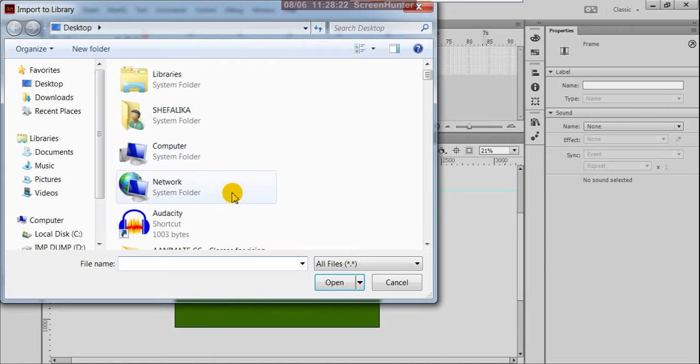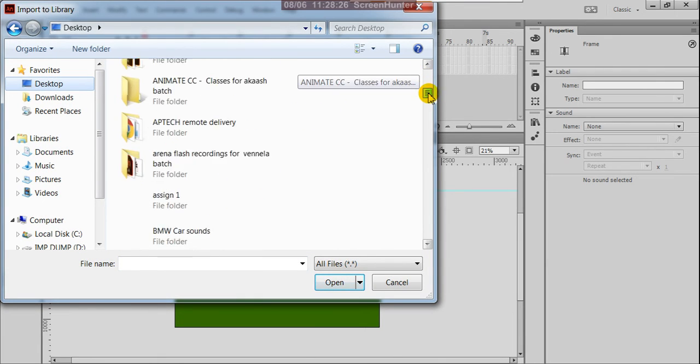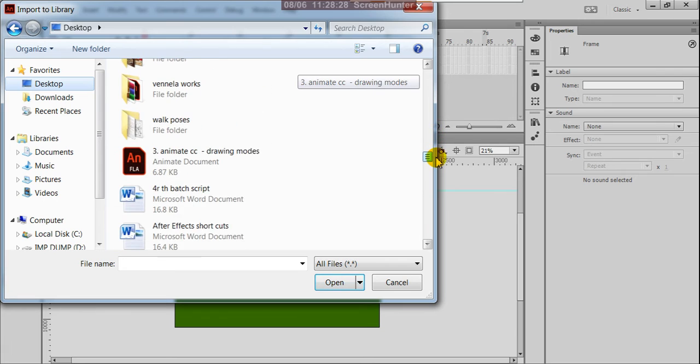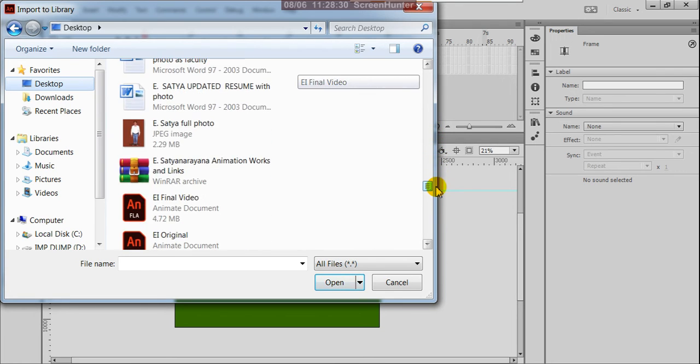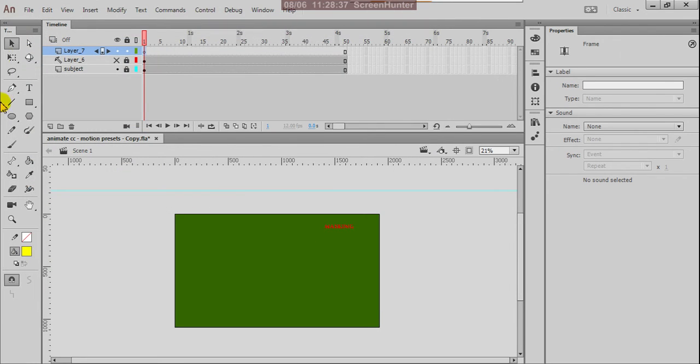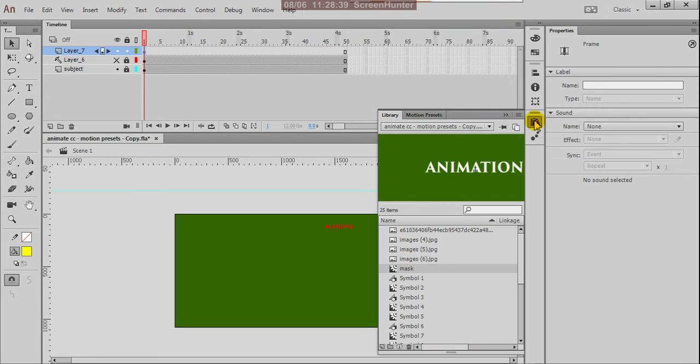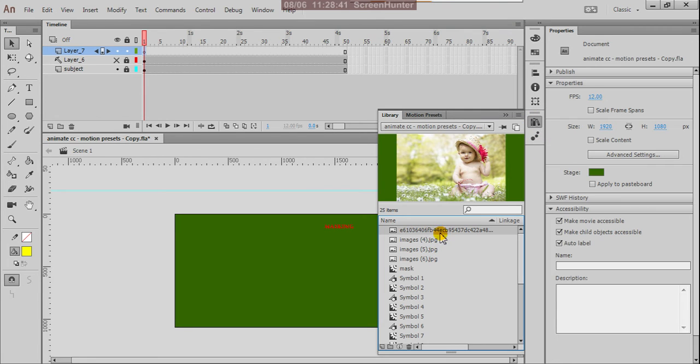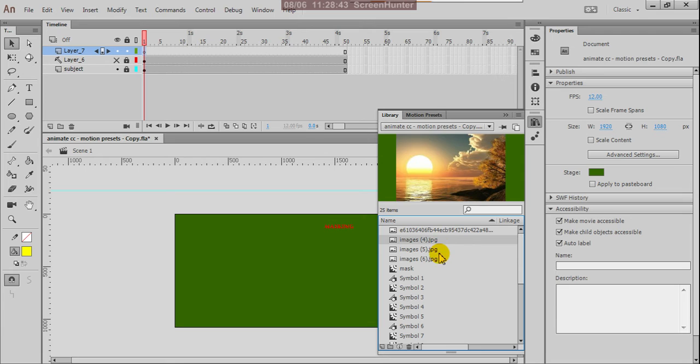Okay, you can find them on the desktop. So these are the two images. So open, already they are stored in the library. So this and this.